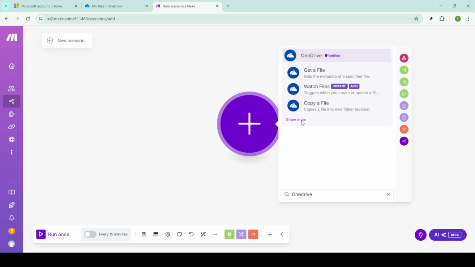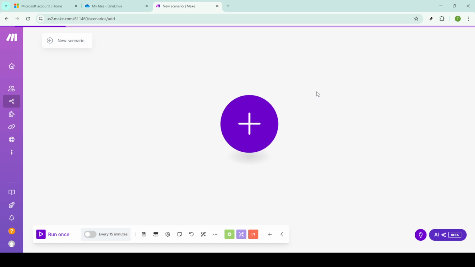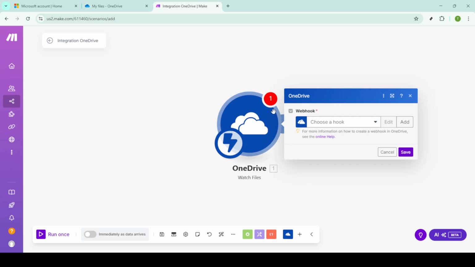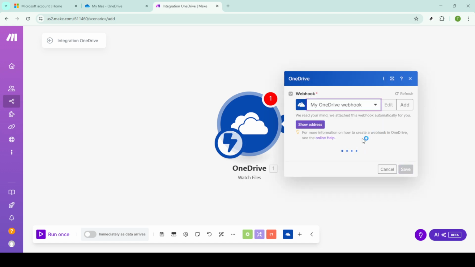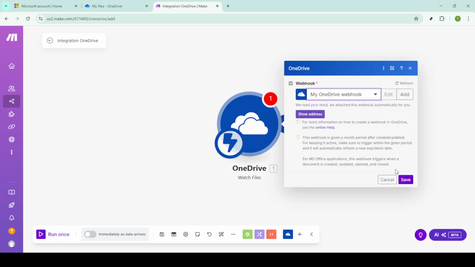Once OneDrive is selected, click on the Watch Files option. This is a trigger that will notify Make.com whenever there's a change in your OneDrive files, which is crucial for this integration setup. Allowing Make.com to monitor changes means that anytime a new file is added or modified, your automated